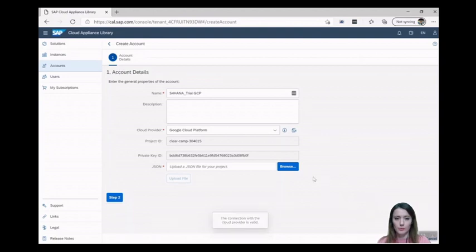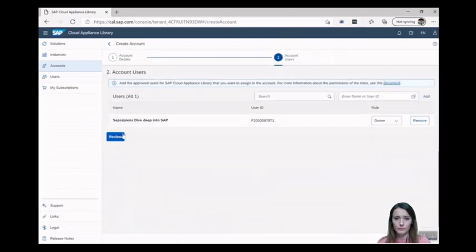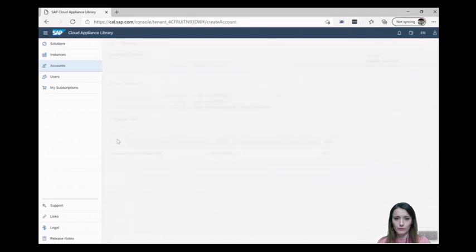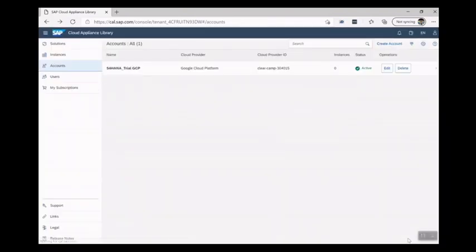And step 2. Continue. Let's go to create. So let's create now the instance.